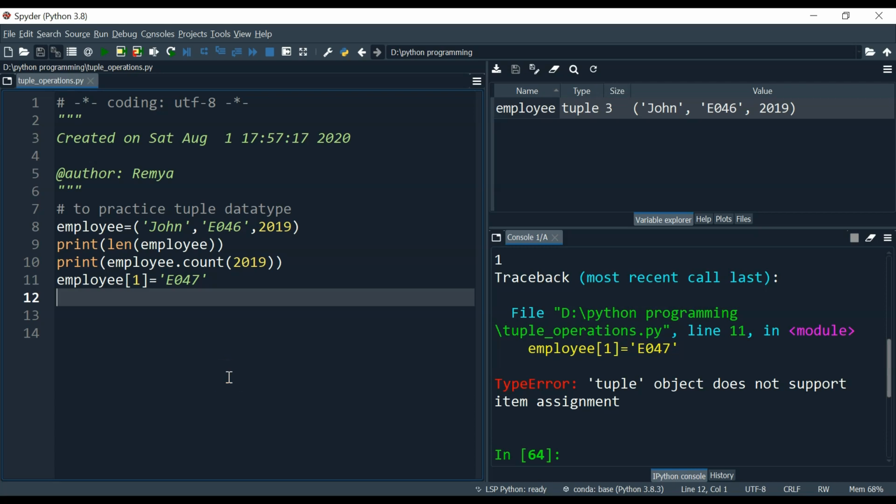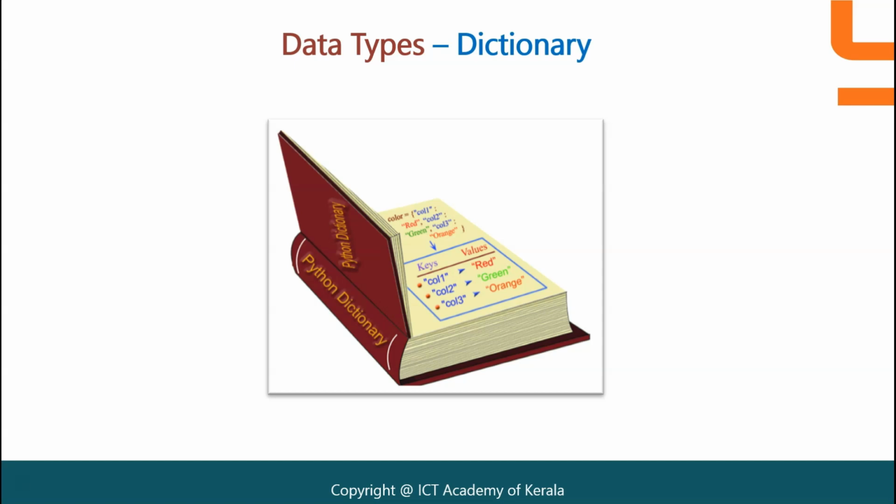We will move to the next data type, that is dictionary. If you want to represent a group of objects as key value pairs, then we should go for dictionaries. So when I initialize the data for employees, you have seen that I just give the name, comma, then the employee number, then the year in which he joined the company, right?